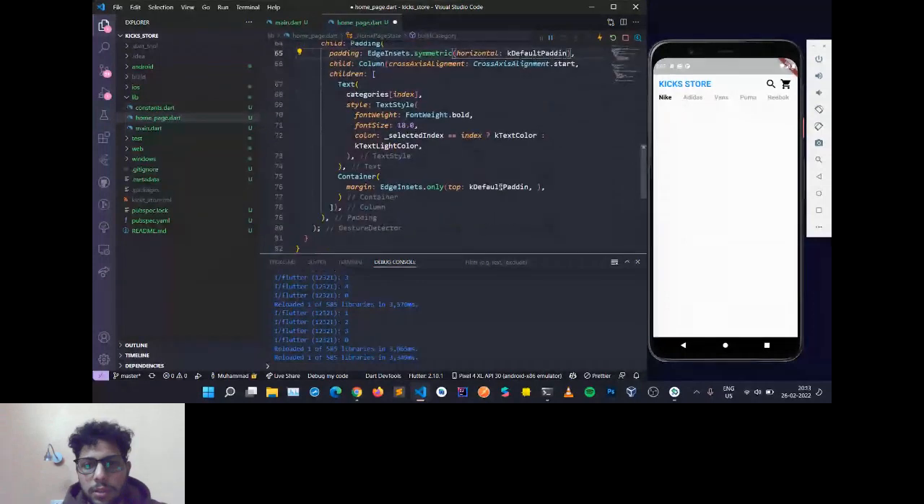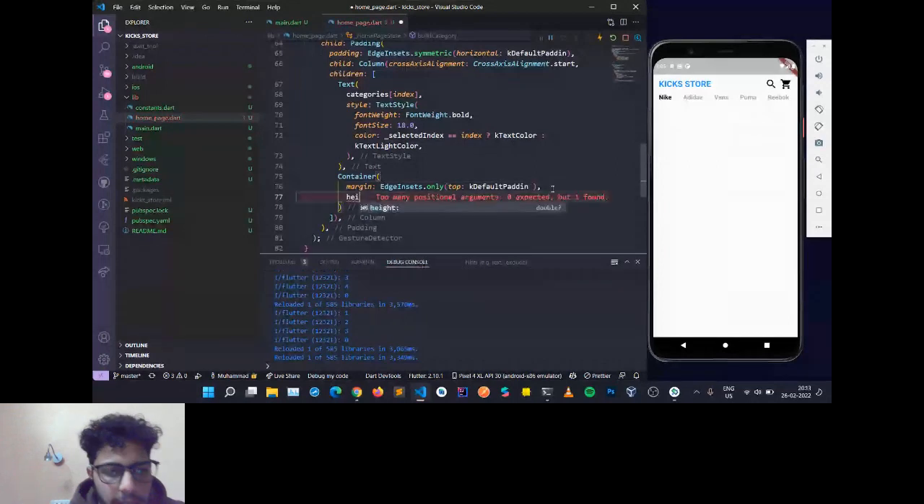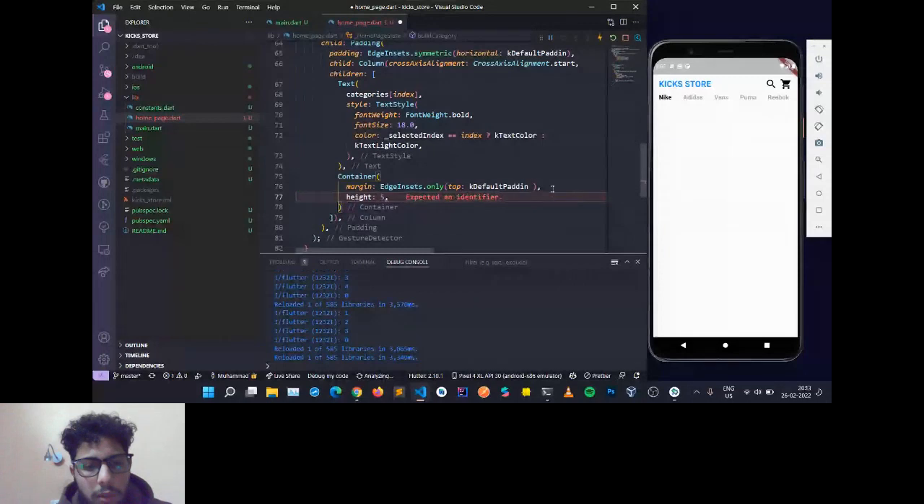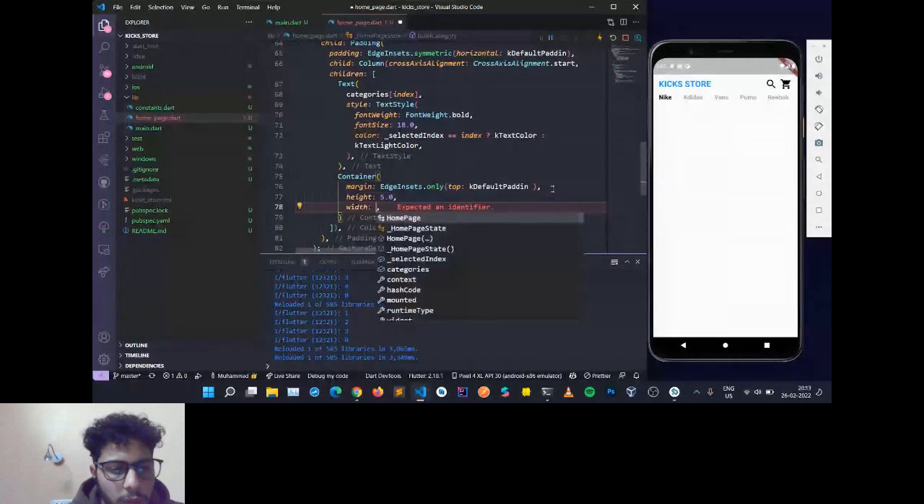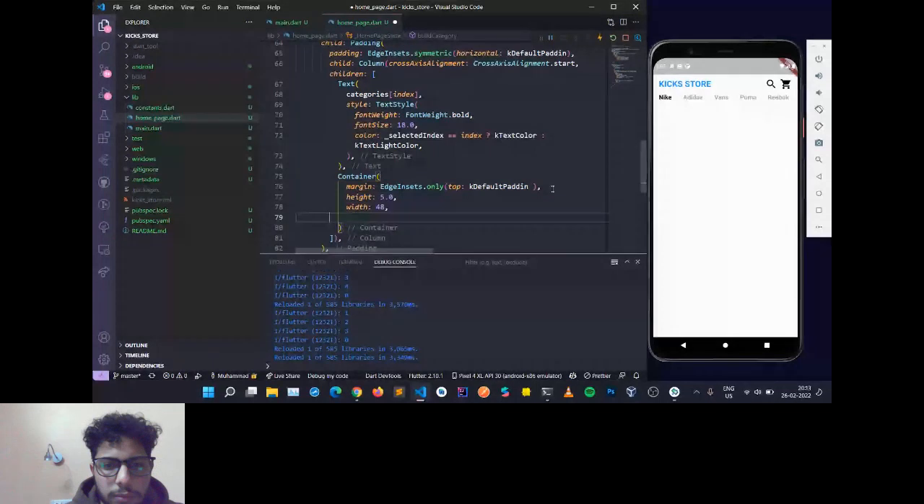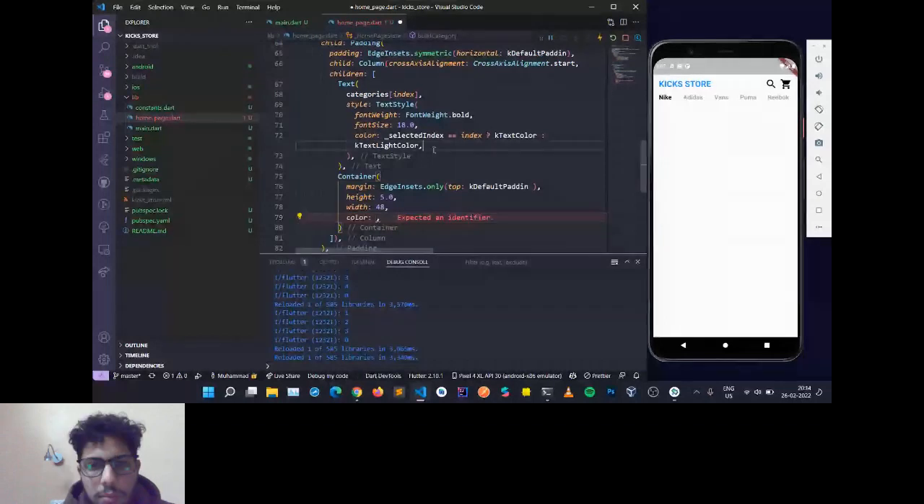So now we have defined this padding of 20 inside the container. Now the second thing is how much height we want in our children. Let me give 5 pixels, and then the width. Let me give a width of 48, and then I also have to give the color. We have to use the same thing here also: if it is the selected index, then this color, otherwise that color. Now if I save,